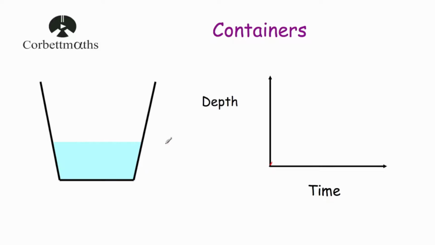So here, at the very beginning, we know that the depth is going to be 0, and as the sides are getting wider and wider apart, that means that as we're filling this, it'll sort of rise up, but then as time goes on, it'll take longer and longer for the depth of the water to go up, because obviously as it's further apart, it's going to take more water to fill up. So what's going to happen then is the graph would look something like this,